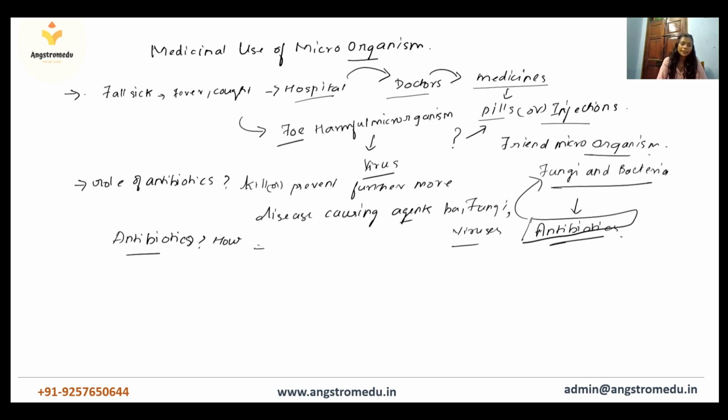Antibiotics. You have to remember a scientist, Alexander Fleming. Yes, Alexander Fleming. So let's know more about him. Around the year 1929, in which year? Around 1929. So what he was doing is he was observing a culture, which is causing